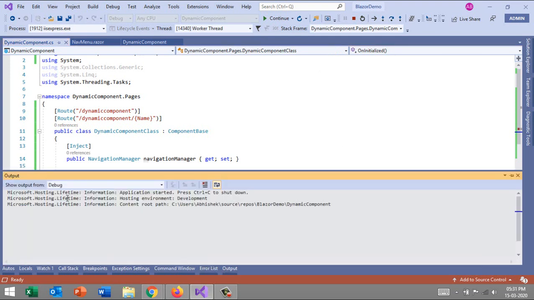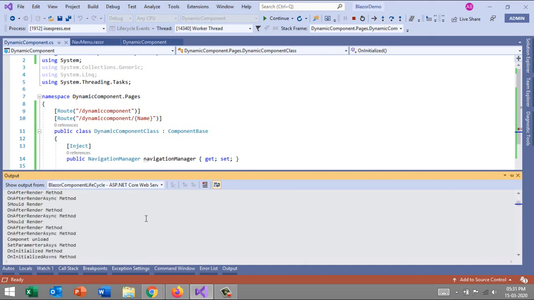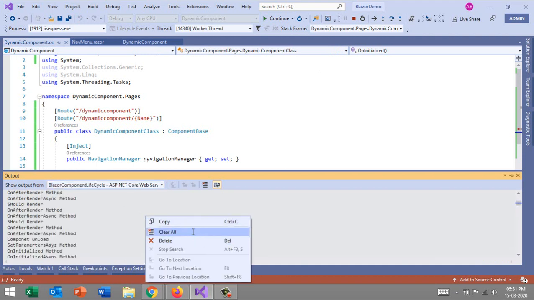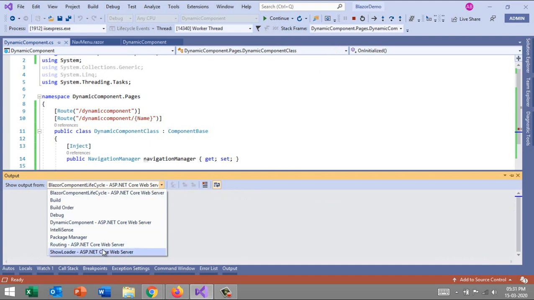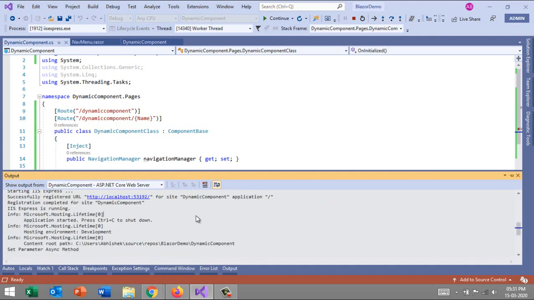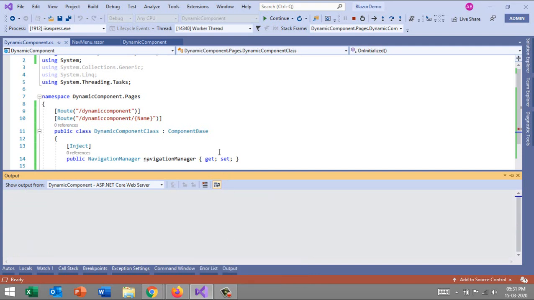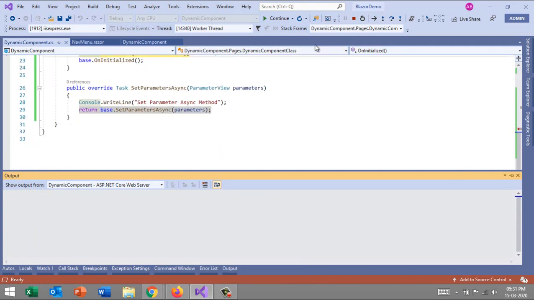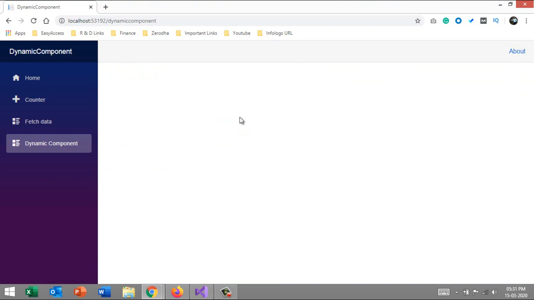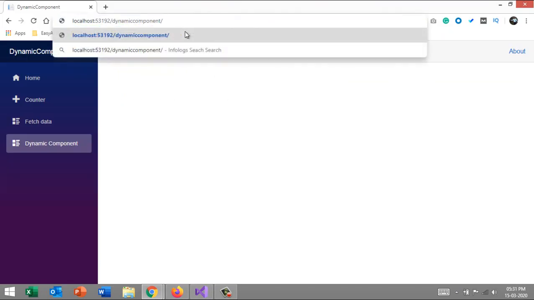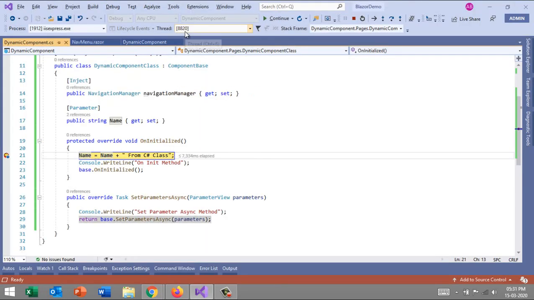On the output side, clear all, and then F5. Okay, on init method, and now I'm going to pass a name, Abhishek, and let's see.